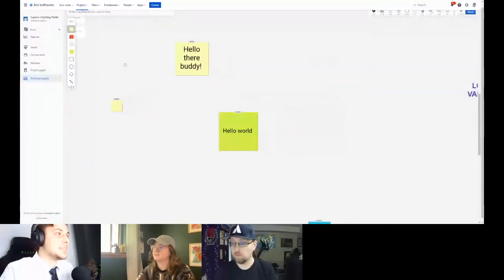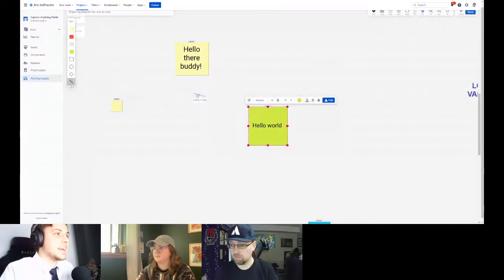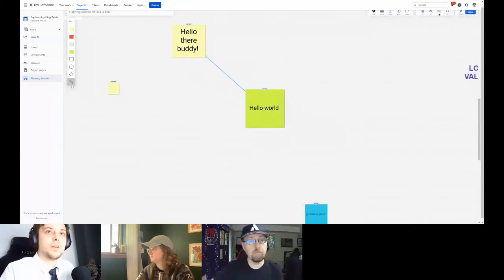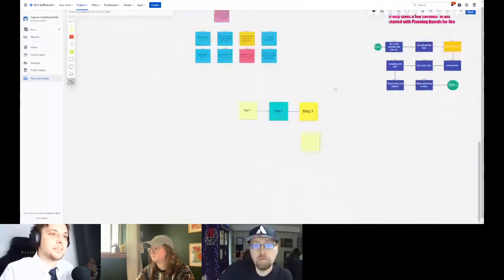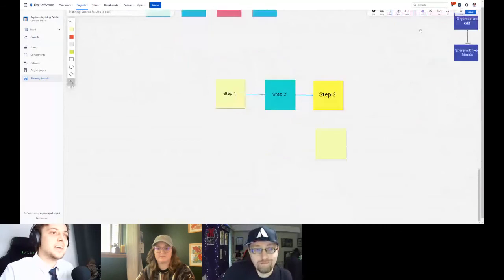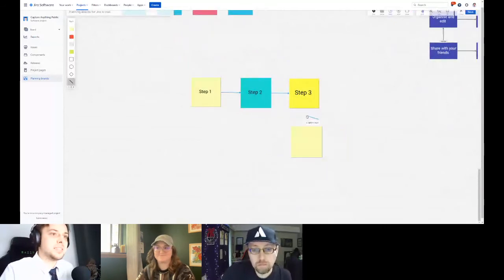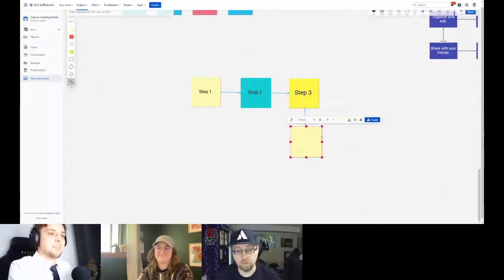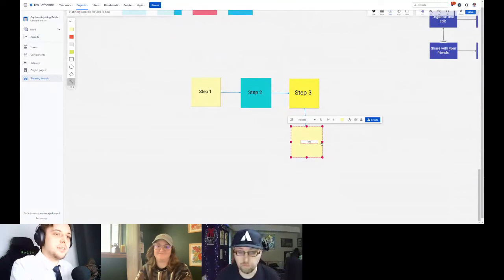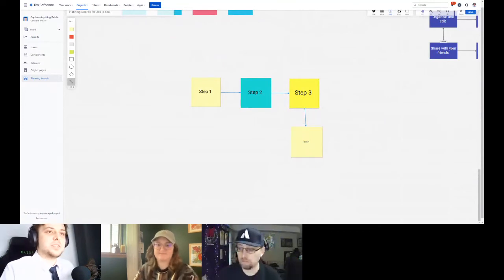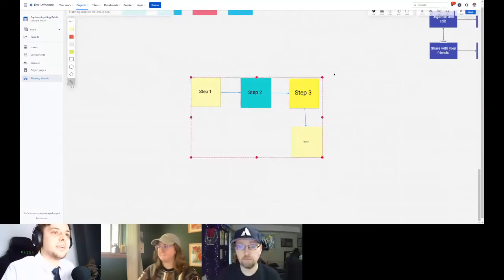And with this, now I can, for example, create a diagram. I can connect those two cards, for example. So I can create kind of a workflow. If we go down here, for example, I pre-prepared it. If we have a couple of steps, let me just add a new one there. We set the arrow to go this way. We have a step 4 here. And as I select everything